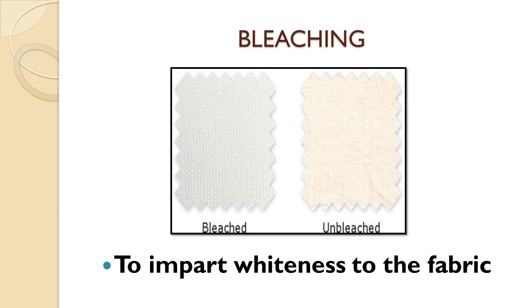So if we want to apply such colors, such shades on the fabric, it should be initially converted into white. Then only the prominence of such pale shades will be there, and the brightness of each and every color will be there. Generally it is said that up to scouring, that is the absorbent condition, the fabric is ready to be used.